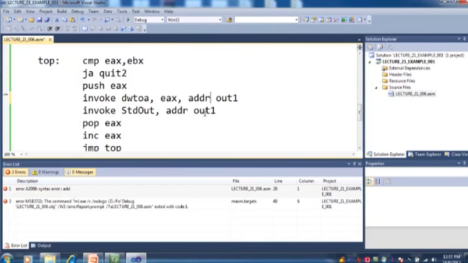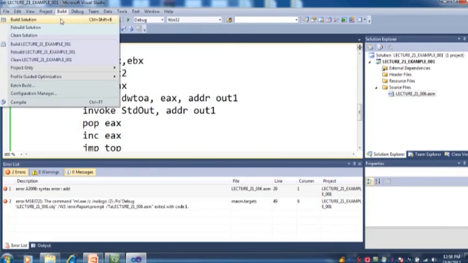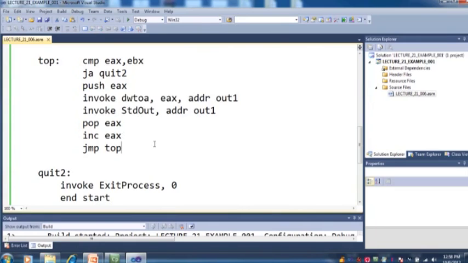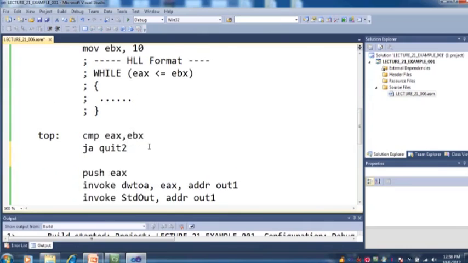Should be address. Successful. Now what will it do? Here we can see, now this is the printing part. We want to print this message. If I want to display